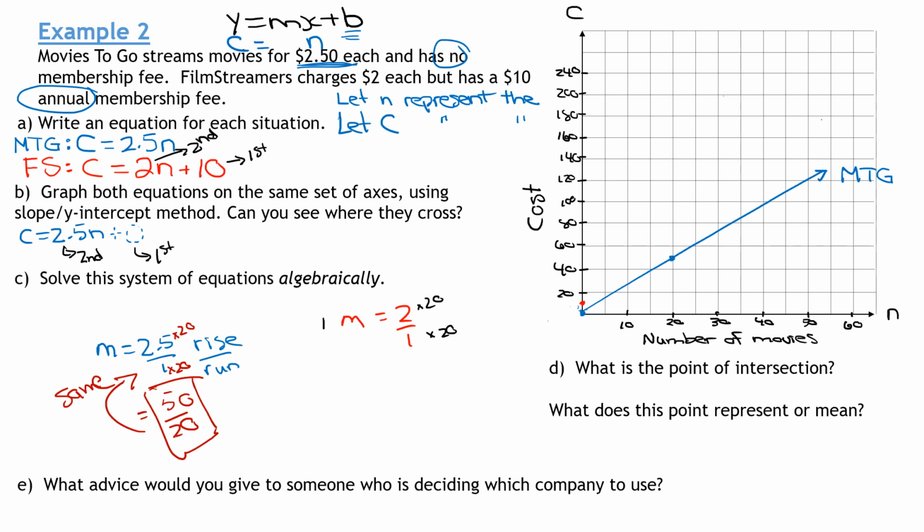So I'm going to rise 40 and run 20. So from my red dot, that's already on the y-axis, I'm going to rise 40, and remember I'm counting by 20, so I'm going to go up, rise 40, from 10, that takes me to 50, and I'm going to run 20, and that takes me right here,